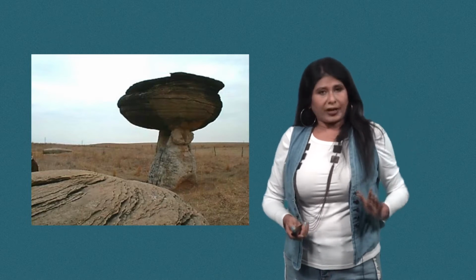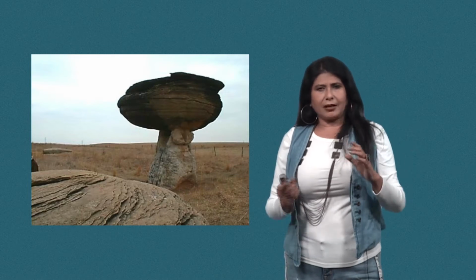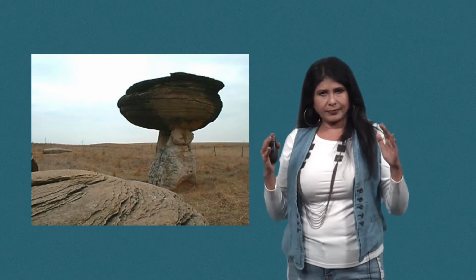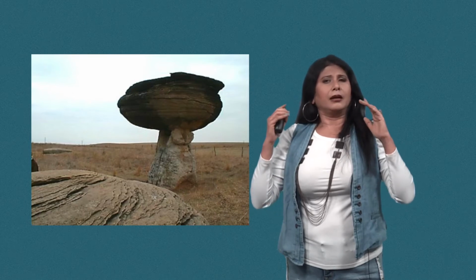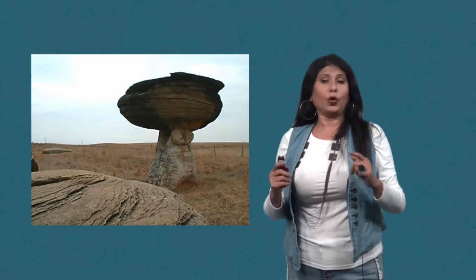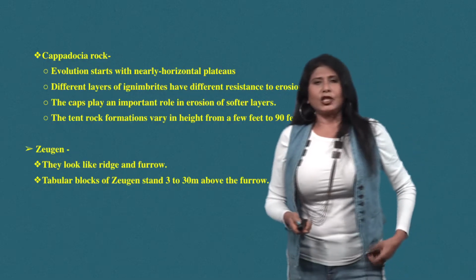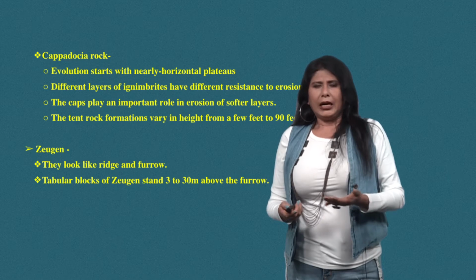Such kind of features are also very common. What we see is a pillar, and on top of that a cap is there. And one more word of caution to all of you students: what I am trying to show is all the features which are found in different deserts. You should not assume that all the features that I am showing you have to be found in every desert. It's not like that. Different deserts differ, because it depends on the wind characteristics, it depends on the rock characteristics and so many things. So this Cappadocia rock,